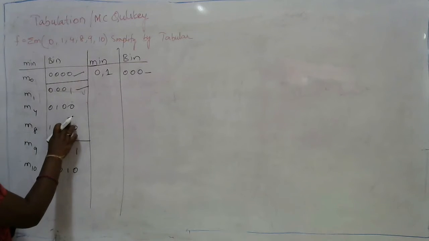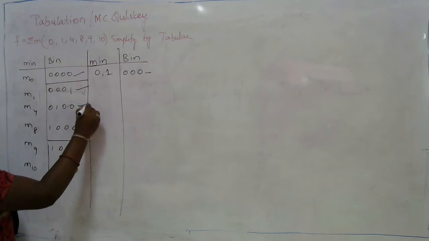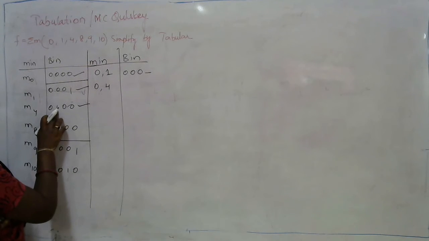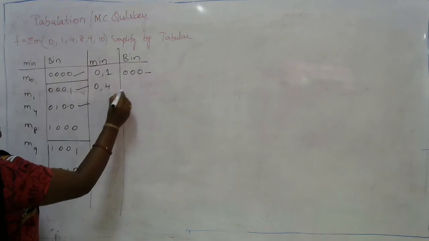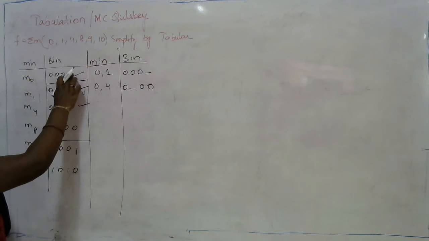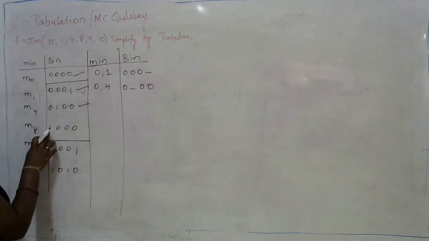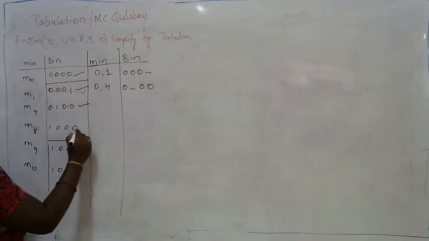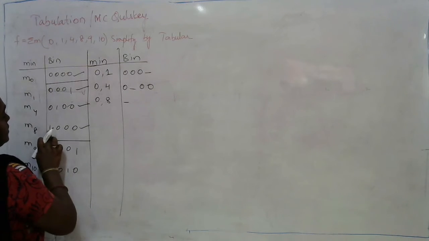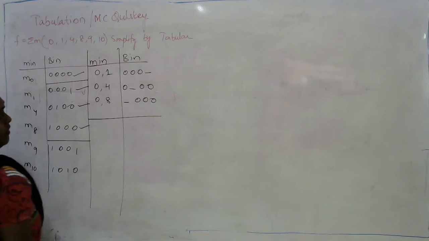Similarly, compare 0 with 4. There is a change in the second position. So again I need to keep a tick mark for 0, comma 4 and write down 0, comma 4. Where the change is there, just keep a blank over there. So the first MSB bit is 0, next is blank, 0, 0. Again compare 0 with 8. If I am comparing 0 with 8, again there is a change in a single bit position, which is the MSB, and all the remaining are the same. So I am keeping a tick mark for 0, comma 8 and the corresponding binary representation is blank followed by 3 zeros.